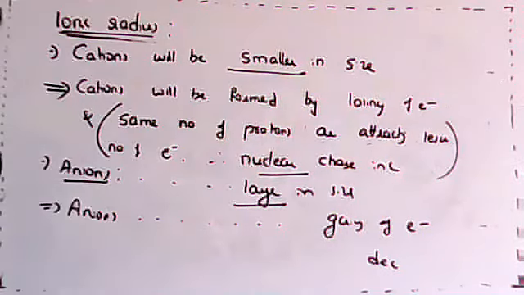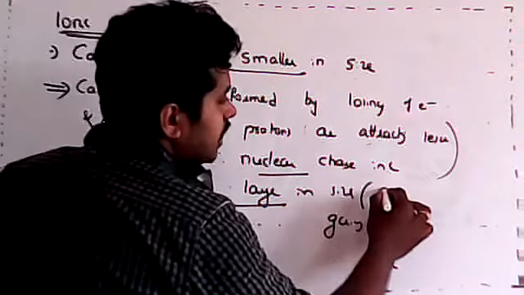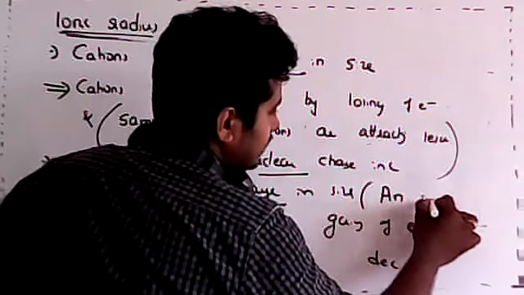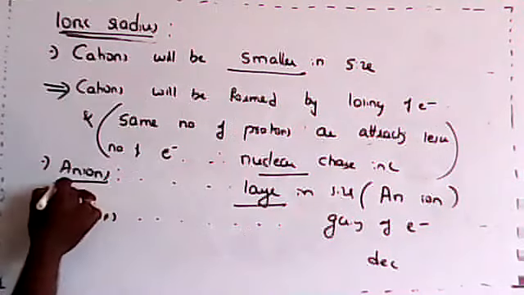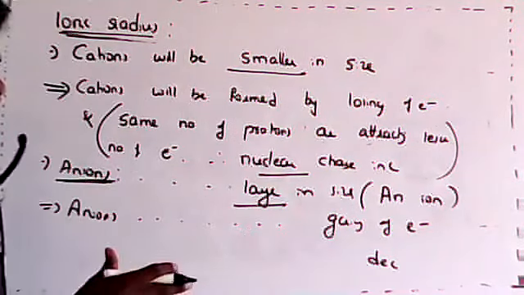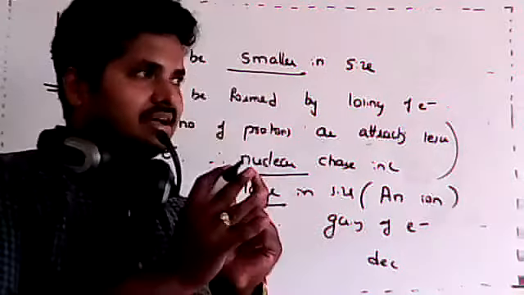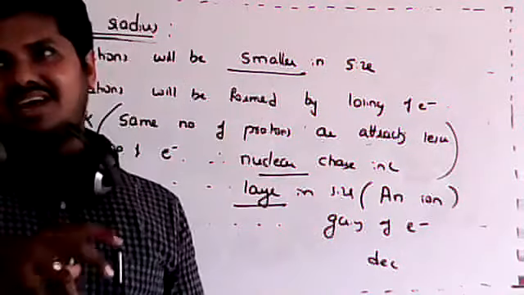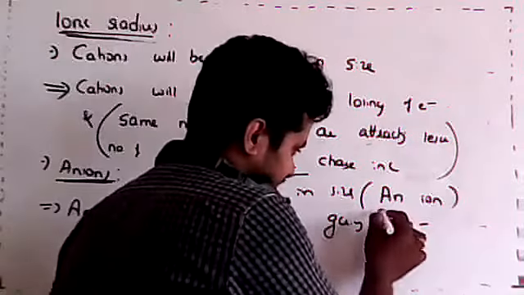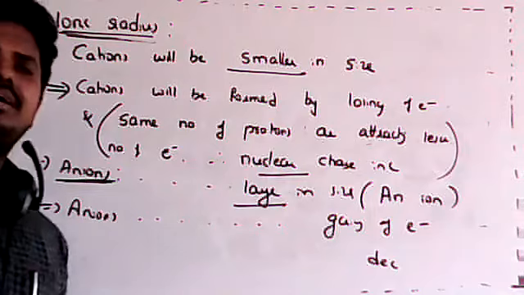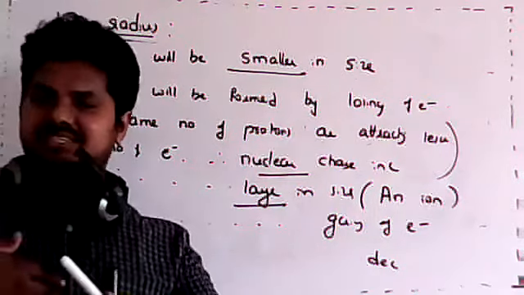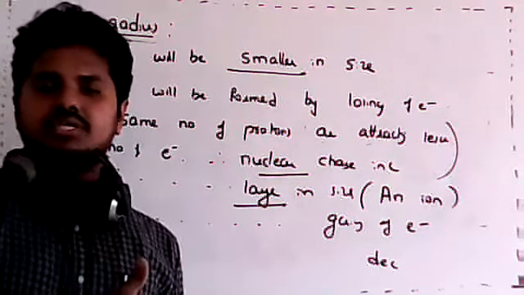Okay, let's have a comparison, then it will be more clear. Again, to remember the anion, what I used to do before is, instead of anion I read it as an ion. It is just like in Kannada, I used to read it as an ion. An means Anna. I hope you understand. Anna means brother. Usually Anna means what? He will be larger compared to us, meaning he will be elder, right? So in the same way we can read it.